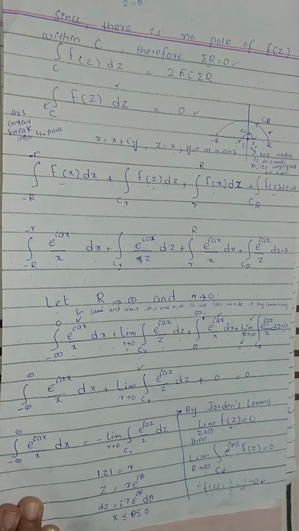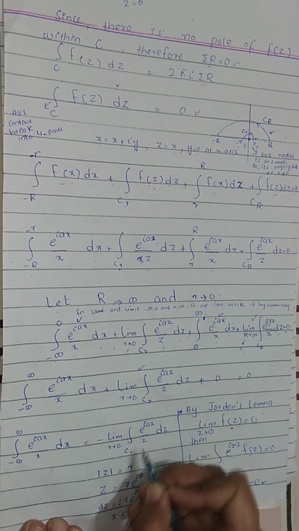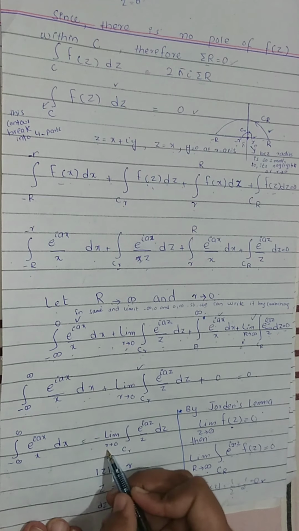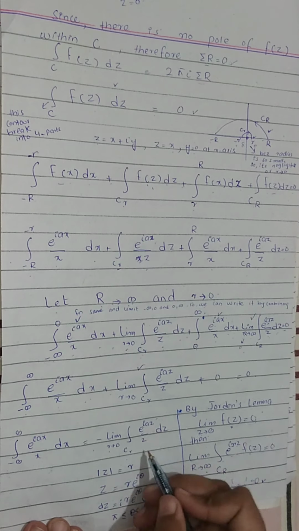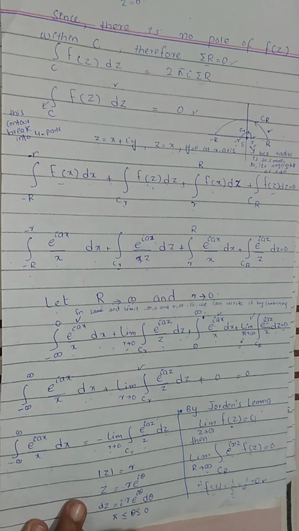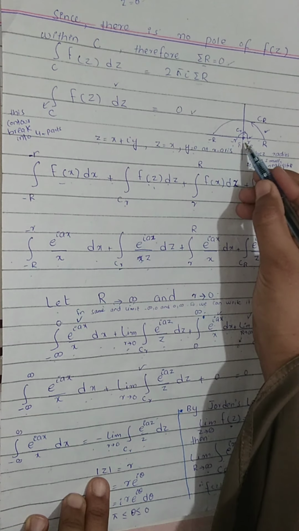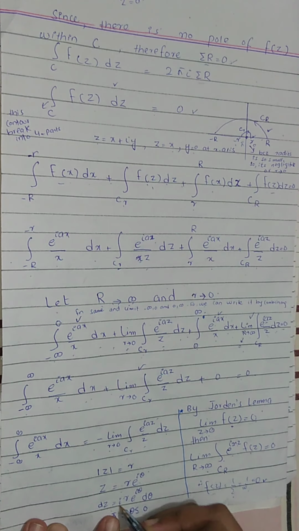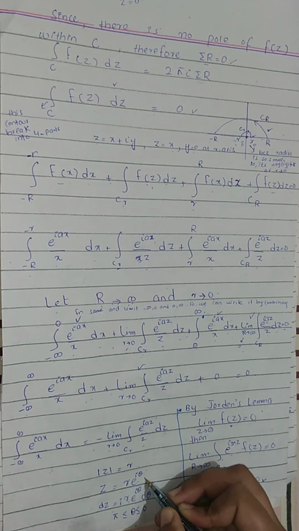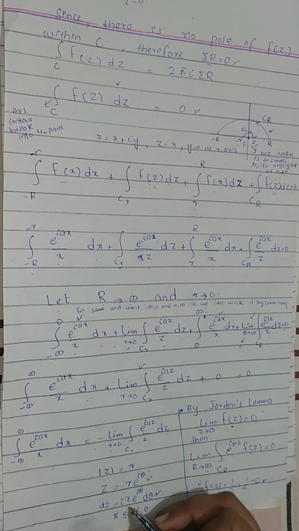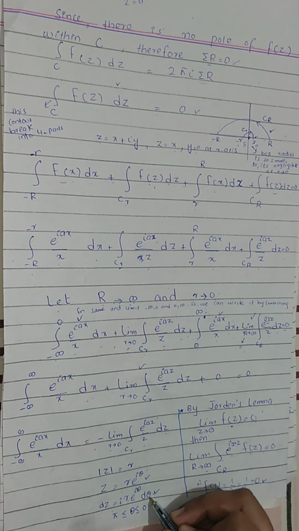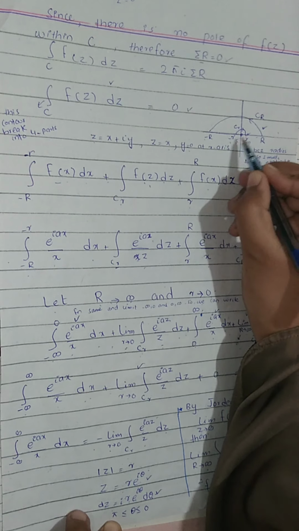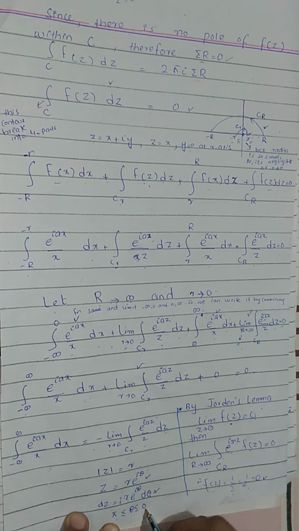Now we will put this limit along the right side. So the integral from minus infinity to infinity of e^(iax)/x dx is equal to minus the limit as r approaches 0 of the integral over C_r of e^(iaz)/z dz. Now |z| is equal to r, so z is equal to r e^(iθ). We differentiate it, so dz is equal to i r e^(iθ) dθ. Now we can see that our contour moves from minus r to r, so the angle goes from pi to 0.